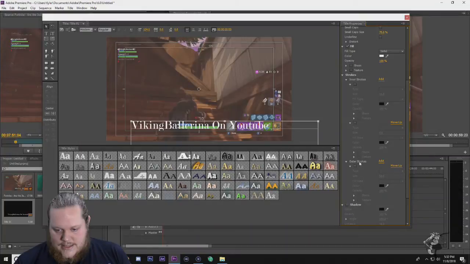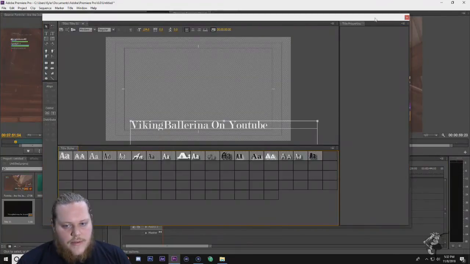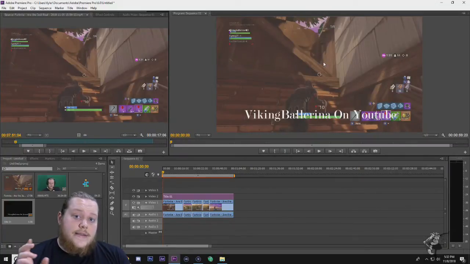So we'll take this off, take out outer stroke, and let's say, okay, this is a little bit too big. Maybe we don't want it to cover our tools. We want other people to see it. Now, we can change the size back in the title menu, or we can go up to our new,